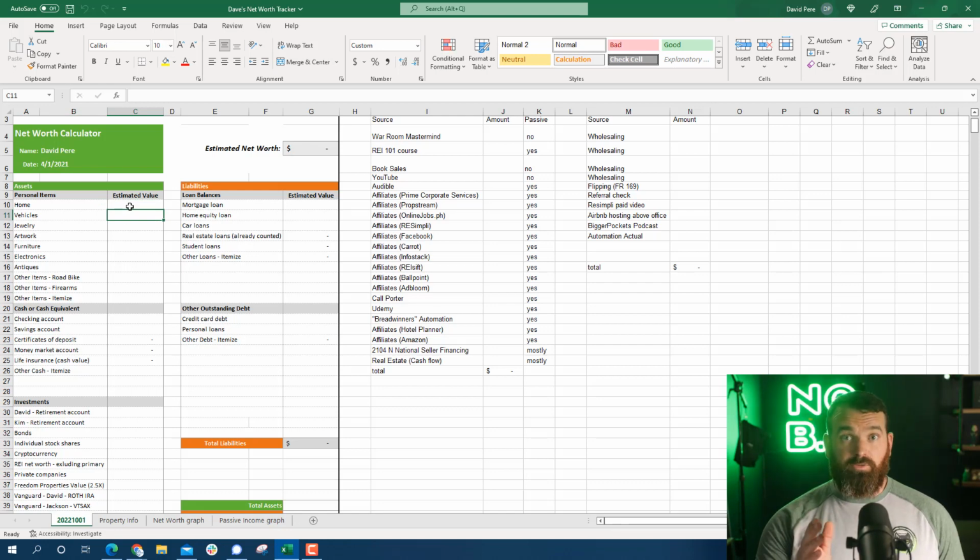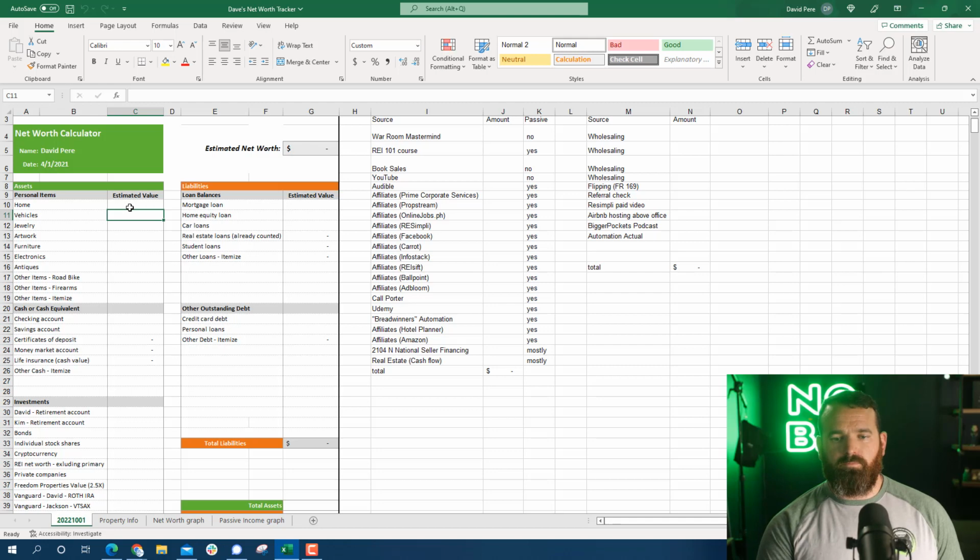So this is values, right? And then liabilities go on the other side. So left column is values, right column is liabilities. And I don't put my investment properties on this, and you'll see why in a moment. That's all on this tab, which we'll get to. So this is primary residence, and this is